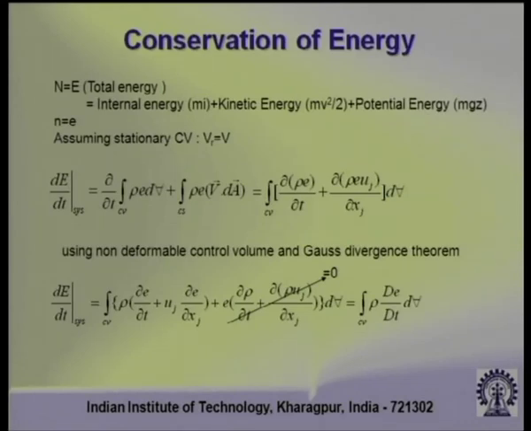In the Reynolds transport theorem we substitute our variable capital N, the extensive property, as the total energy of the system, and we can substitute that total energy in the left hand side. In the right hand side we use the specific total energy, that is total energy per unit mass, which we call small e. This is the transient term and this is the outflow minus inflow of energy term.